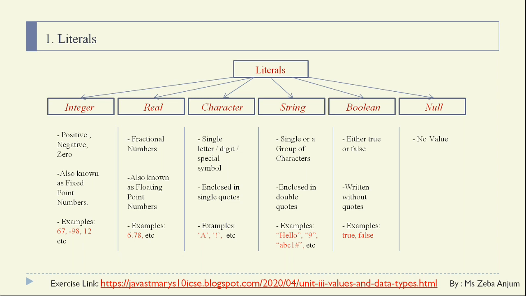It means the variable is actually an empty one. It is also written without quotes. It is used to initialize an object or an array. Remember, when we were declaring a class, we discussed your instance variables, or data members. So when we create an object or any kind of array, we need this kind of literal. We will see in the future how this literal is used. Now see the example: String A equals null. It means A is the variable name, String is the data type, and we do not have any value in A. That is why we are declaring this string as a null literal.